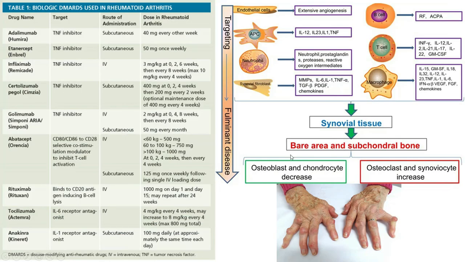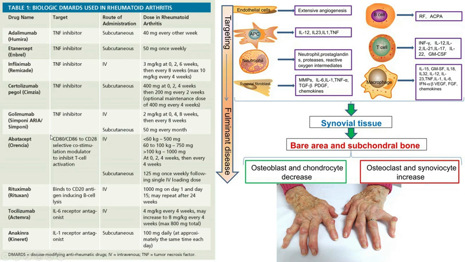Okay. Now, DMARDs, generally we all know that D-penicillamine and leflunomide and deflazacort and prednisolone are all in the DMARD group. But recently, biological DMARDs are used in the market, and this is the most commonly asked question. This is one type of immunoglobulin. See the name only. Okay, adalimumab, it is an anti-TNF alpha drug, and then etanercept, then infliximab, certolizumab, then golimumab, all are tumor necrosis factor alpha inhibitors, and that can be used IV or subcutaneously, daily doses or weekly doses, which will help for rheumatoid arthritis.